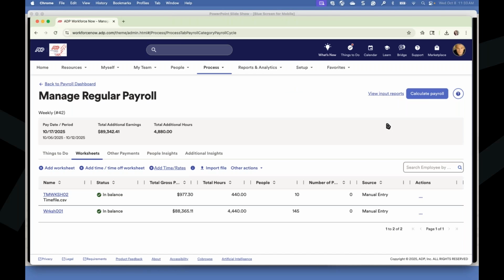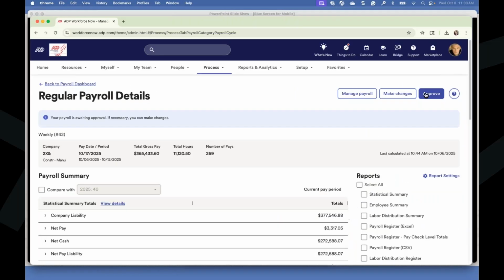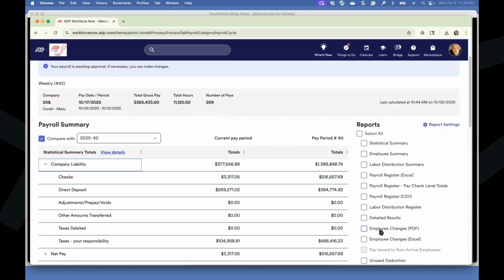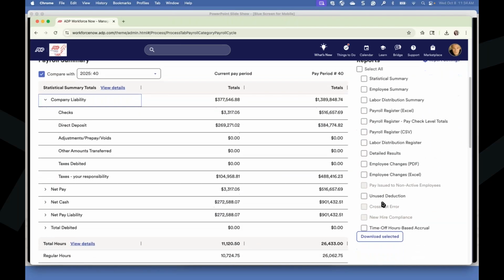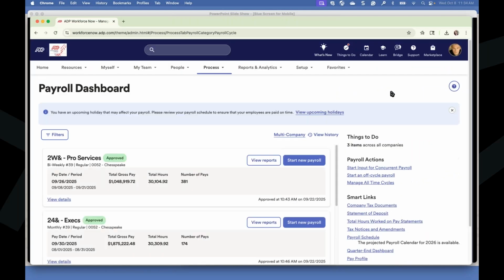Once the information has been verified, though, and everything does look good, at that point you can go ahead and calculate the payroll. This is going to give you the option as a client to go ahead and run some payroll reports before you do the final approval of payroll. You also at this point can do a variance, comparing two different payrolls side by side, making sure that everything looks good. Run any one of these different reports here again, and if it looks good, great, approve. If not, you can simply make changes. It undoes the calculation, and you can go back in and make any additional changes that you may need to do before approving the final payroll.